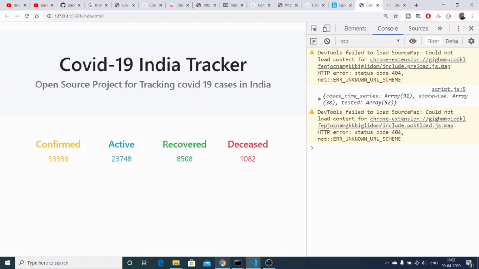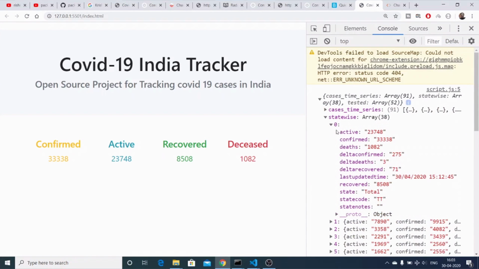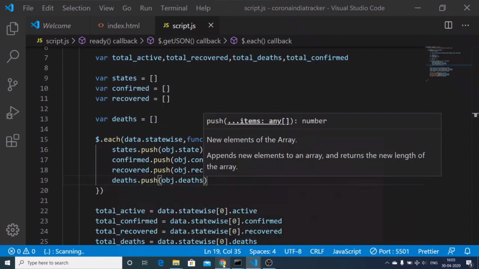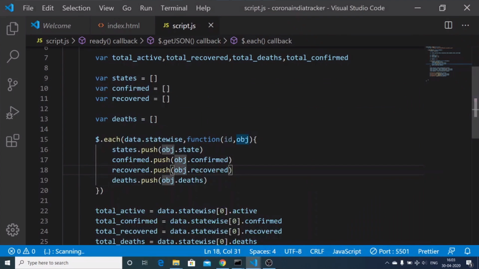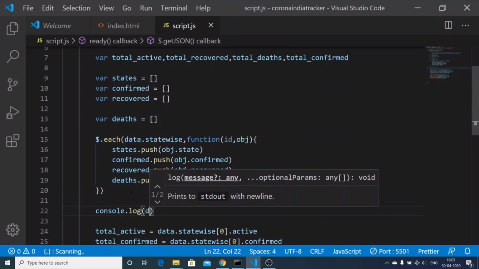If I just show you, these properties are present inside every object: active, confirmed, and deaths. We don't need the active property; we are only interested in three properties: confirmed, recovered, deaths, and also the state property.